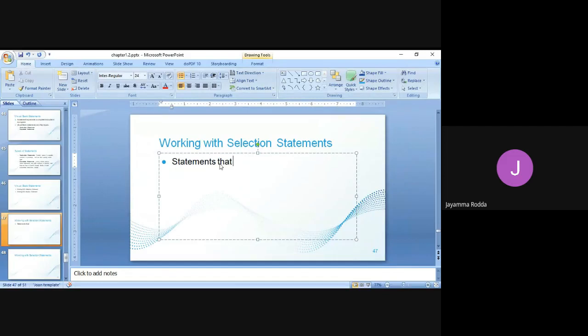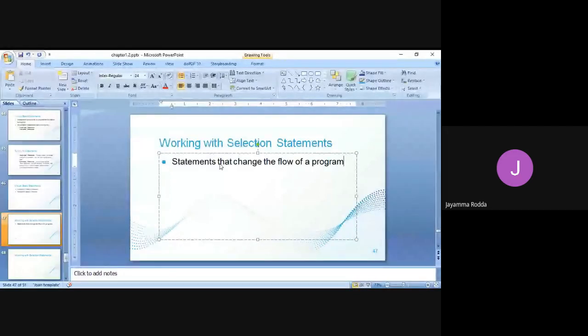Statements that change the flow of a program. How do they change the flow of a program?